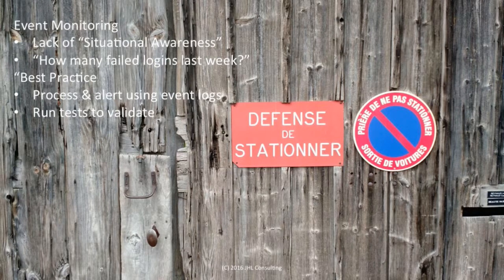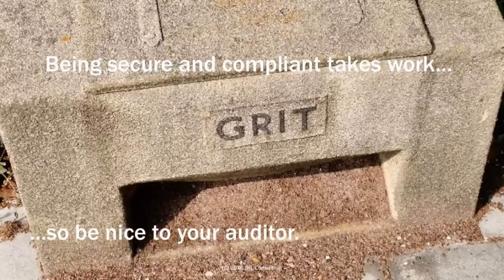So really, what you need to have in place is event logs. There are plenty of logging tools out there that will grab OpenStack logs, process them, and give you good reports that identify what anomalies are in place, what's outside of the norm that you need to go and run down. And most of all, you've got to validate those before you actually need them. Go through and test it. Run a failed login and run some sort of suspicious activity, and make sure that the